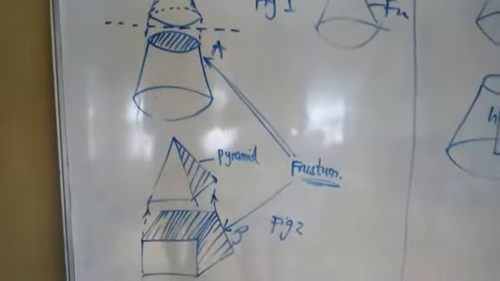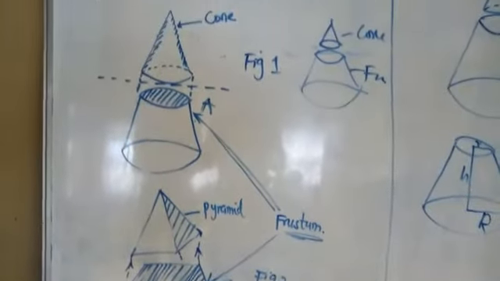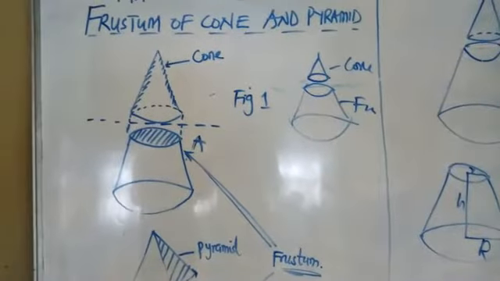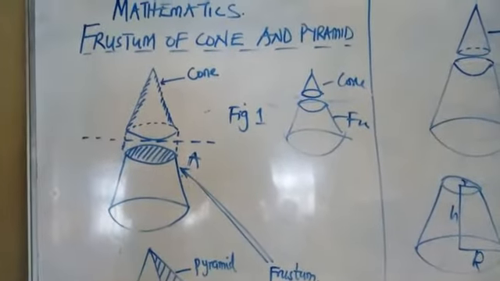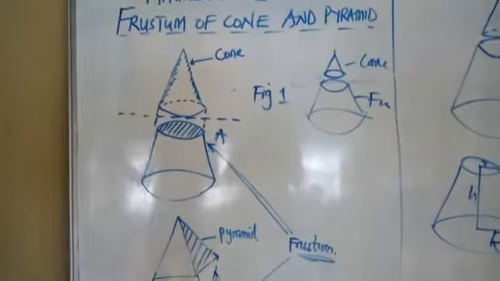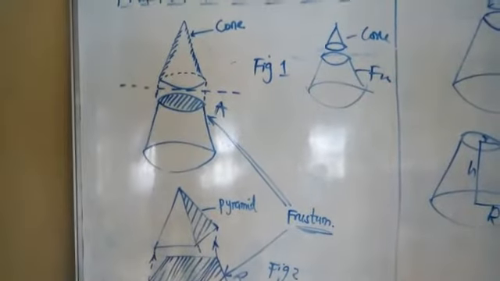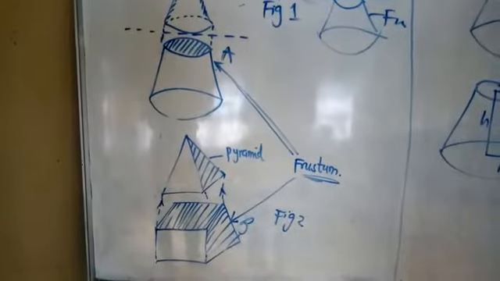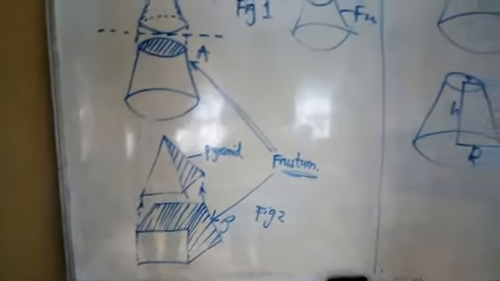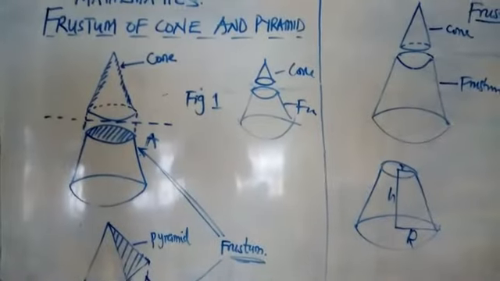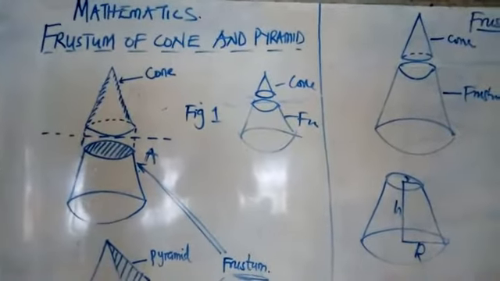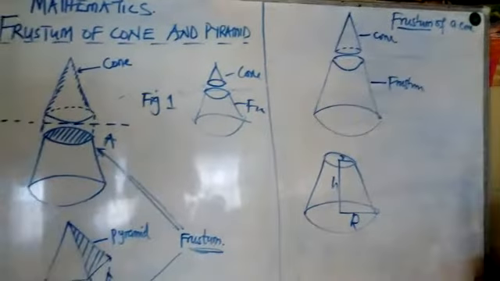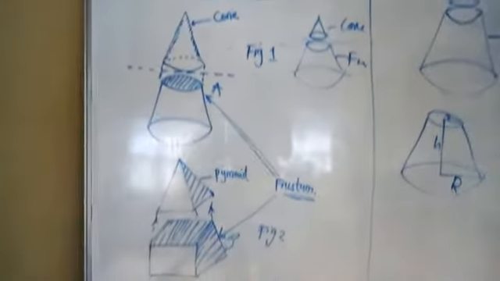I believe you have written it now. So you can write this down. If a cone or a pyramid standing on a horizontal table is cut across parallel to the table, the top part is the smaller cone or the smaller pyramid, while the other part is called the frustum. That means if you place a cone or a pyramid on a horizontal table and cut across parallel to the table, the top part is the cone or pyramid, while the bottom part is the frustum.